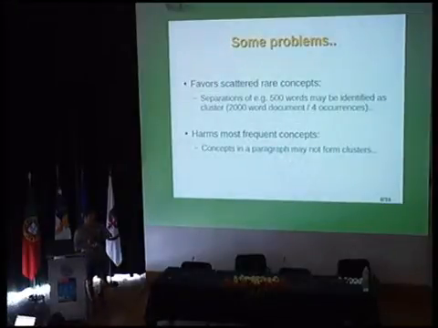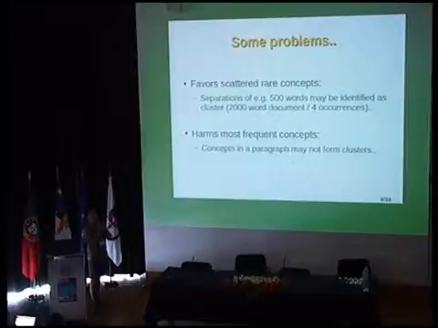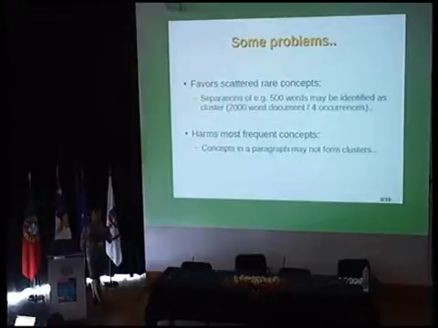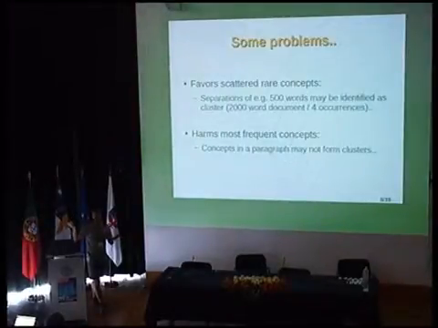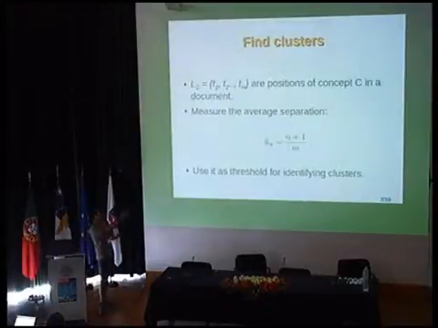We have identified the problem with this: these tend to favor rare concepts. For instance, a little example. Imagine that we have a document with 2,000 words, a regular Wikipedia document, and a concept occurs only 4 times. If it would occur with a separation of 400 words, okay, 400 words is less than 500, that would be the result of that equation.